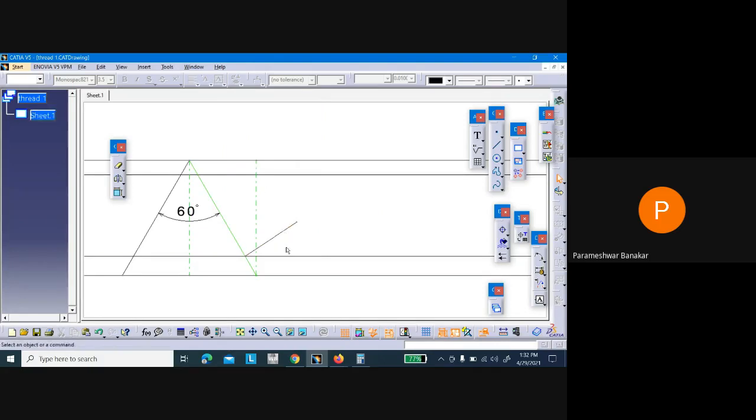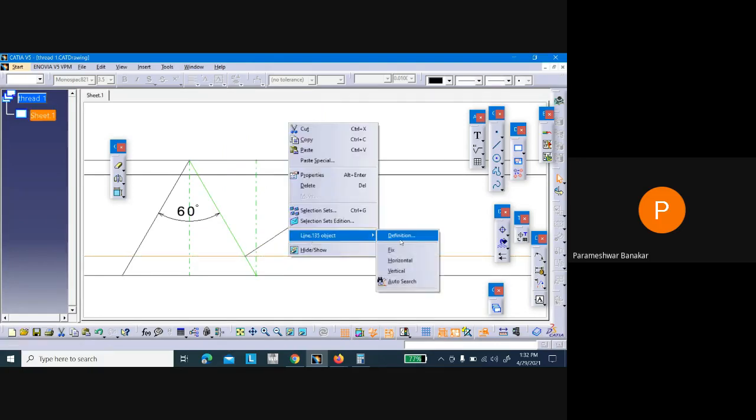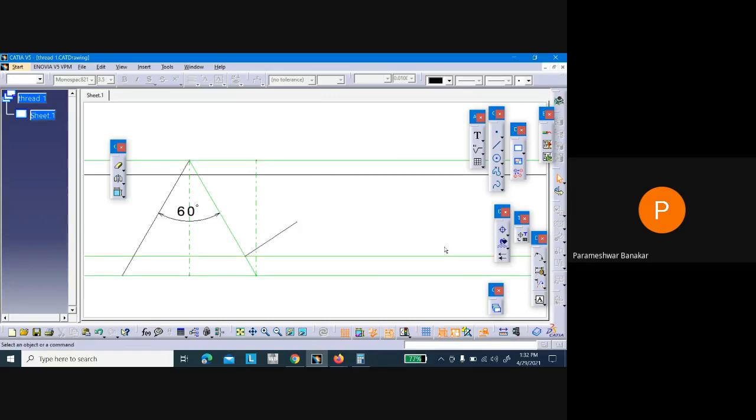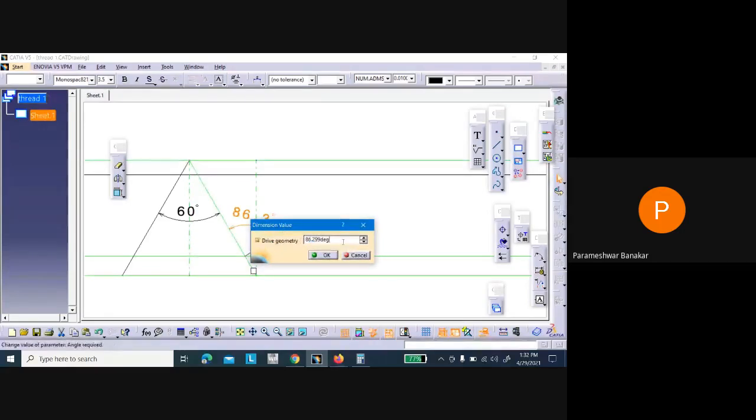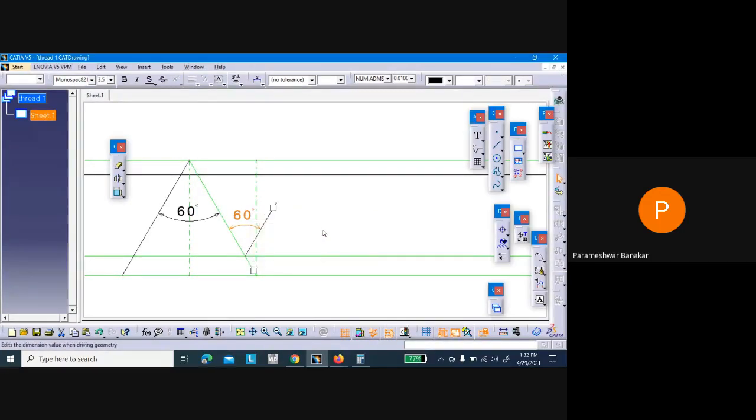Only this must move now. This also we will fix. Now let us see. The angle between this and this line must be 60. Yes. Now we have got the 60-degree line.